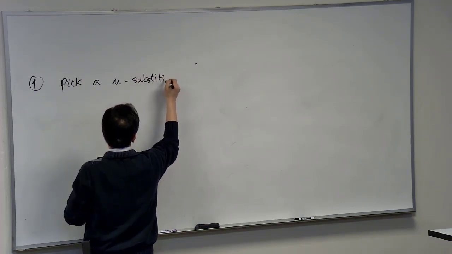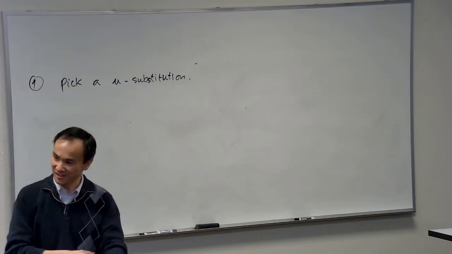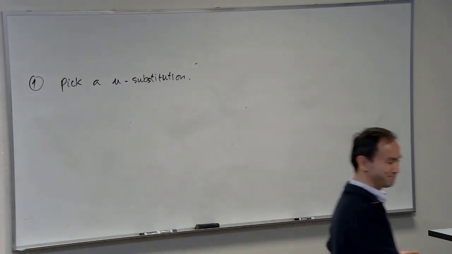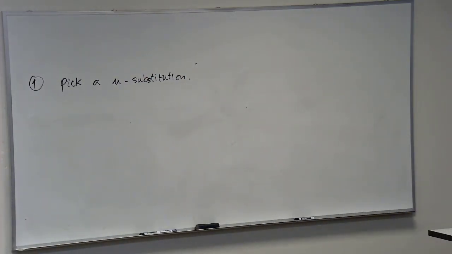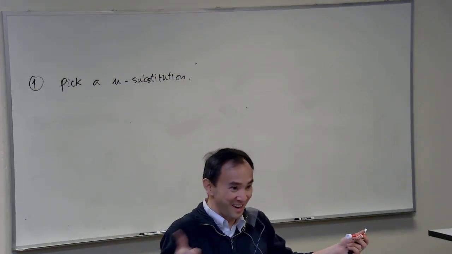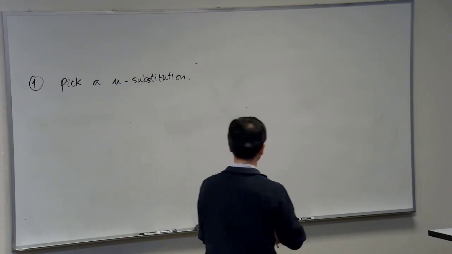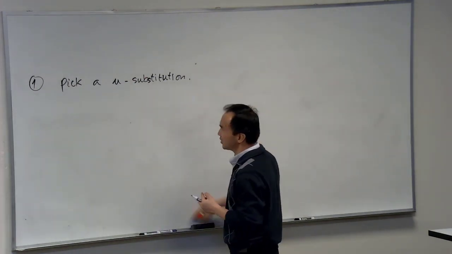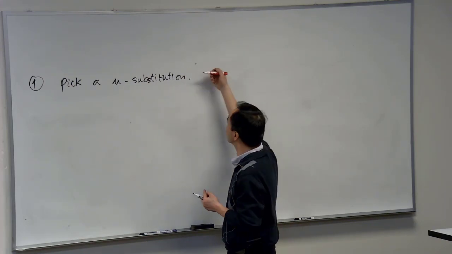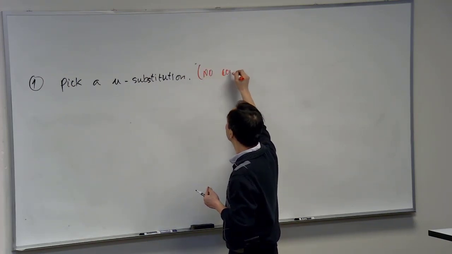And I gotta emphasize this. There are even professors out there who grade whether the students get a wrong substitution or a right substitution. I don't go that way, okay? Either way, you guys should be taking this advice: when you pick a u substitution, there's really no correct